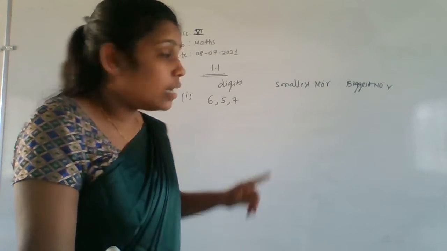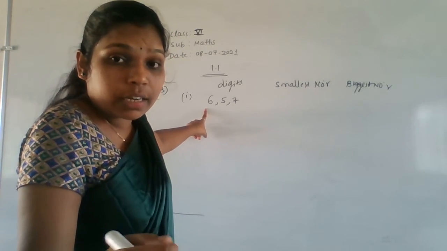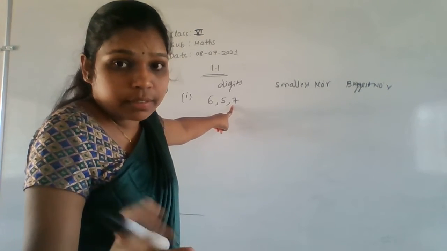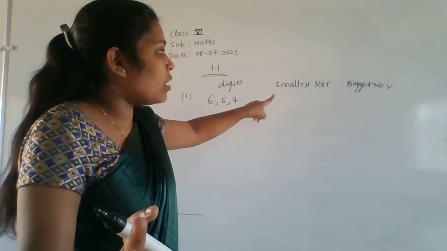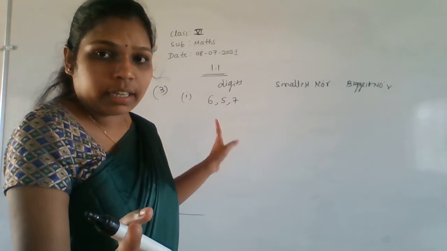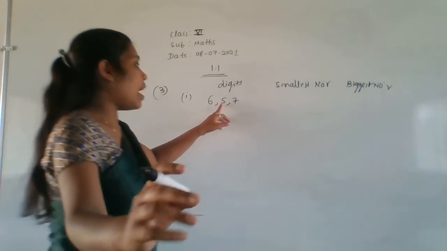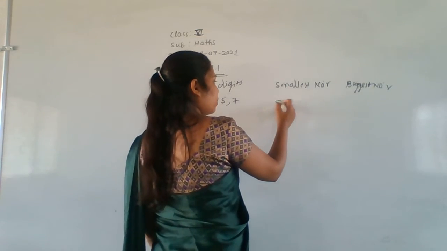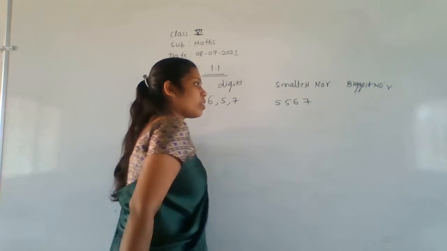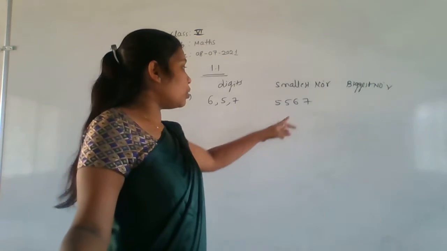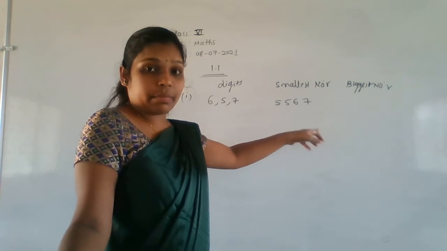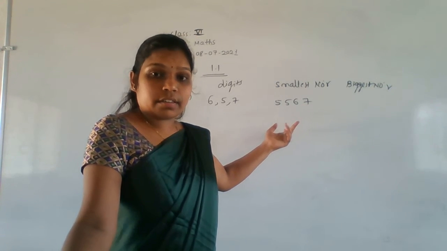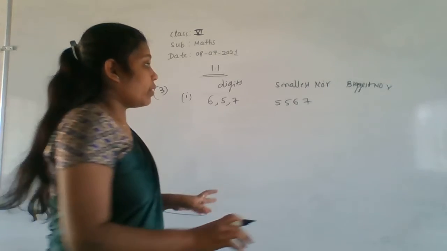I am telling again and again, you can use 6 two times, that is also correct. And you can use 7 two times, that is also correct. But you only need to write the smallest number and biggest number properly. That is the thing. So I am using 5 two times. One more 5 I am using here. So the smallest number is 5, 5, 6, 7. If you want 6 two times, then 5, 6, 6, 7 it will become. If you want to use 7 two times, then 5, 6, 7, 7 you will get. Okay, all are correct. Next one, the biggest number.